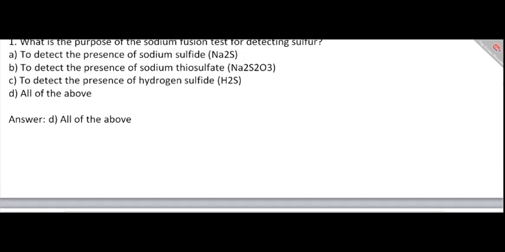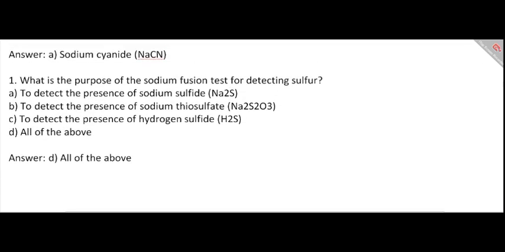What is the difference between a straight chain and a branch chain hydrocarbon? A: a straight chain has branches while a branch chain does not. No. B: a straight chain does not have branches, because obviously it is the parent chain, straight in a row, while a branch chain obviously has the branches.